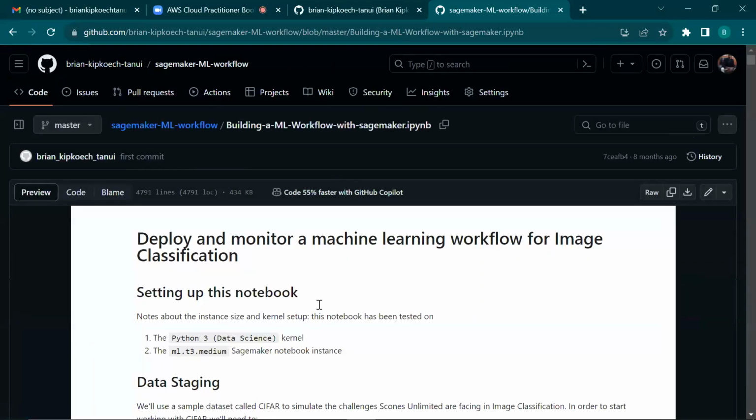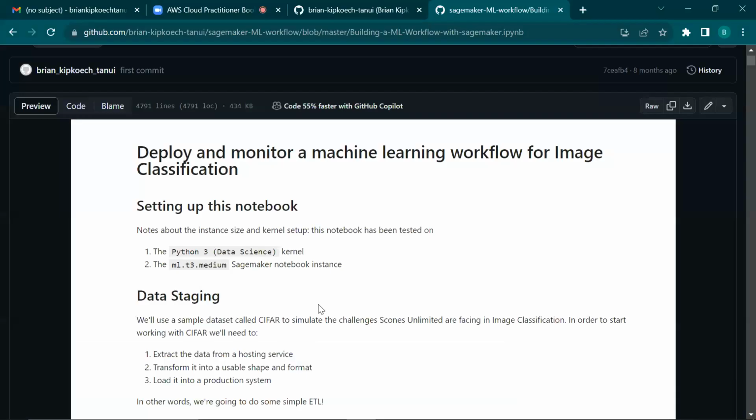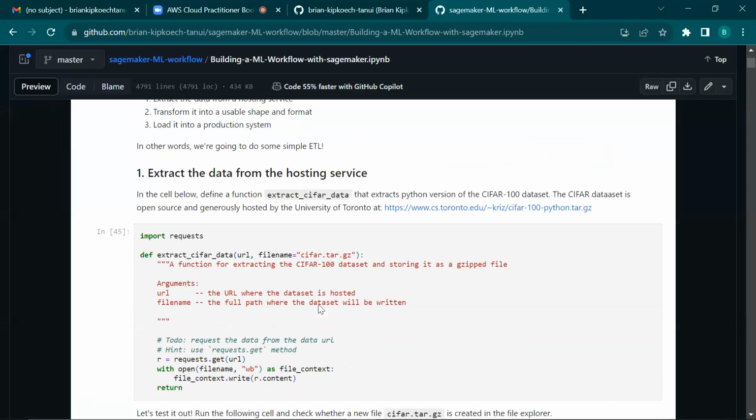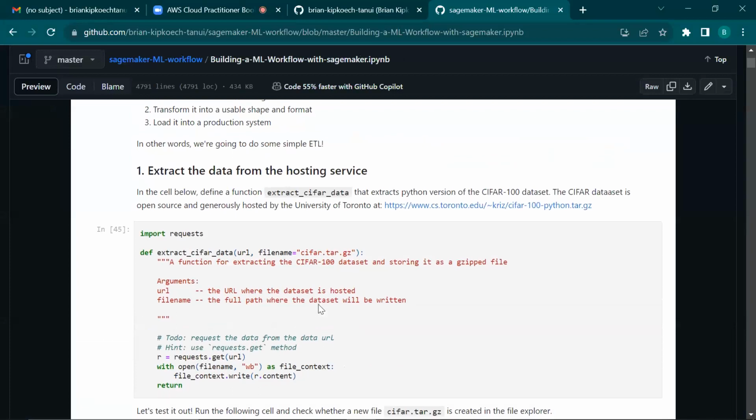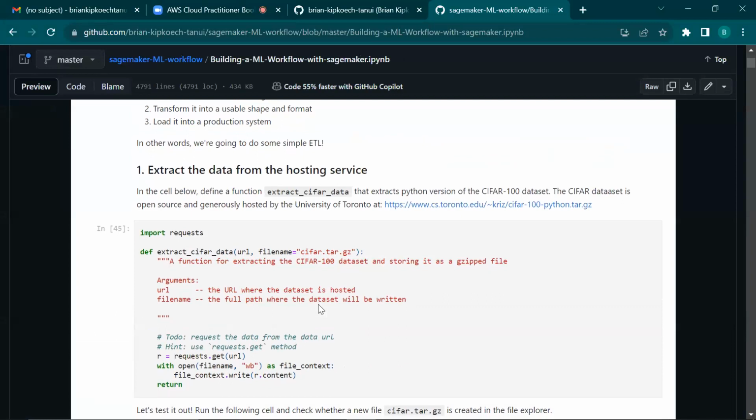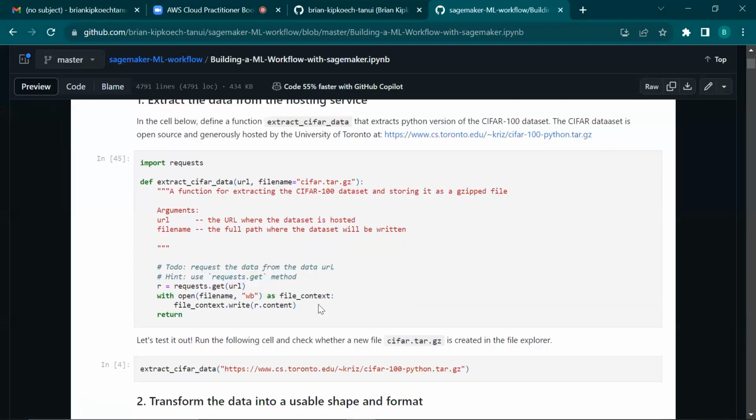Okay, so this was a project, a computer vision example where you are trying to detect whether a certain picture that you have is a bike or a motorbike. This particular solution was also automated using Lambda and Step Functions. So the machine learning workflows were automated using AWS Lambda and Step Functions, so that it was more streamlined and better. So let's just go straight to where we load it.